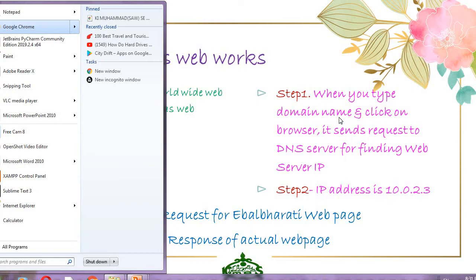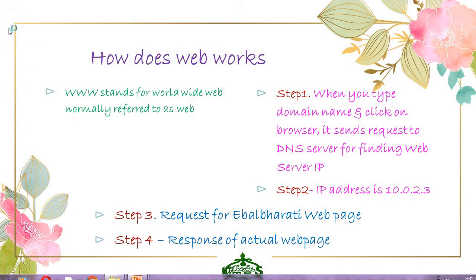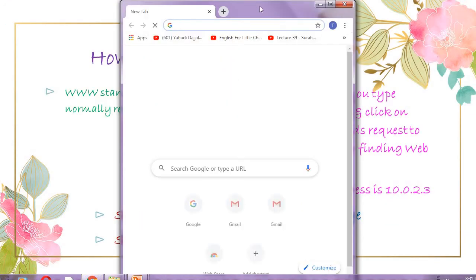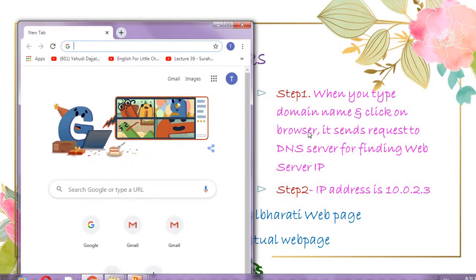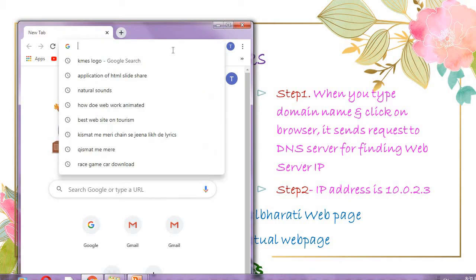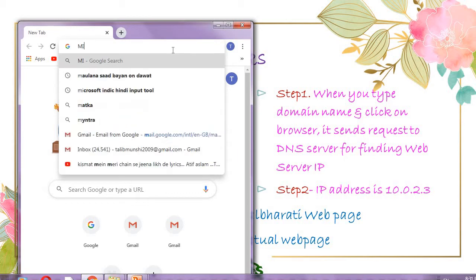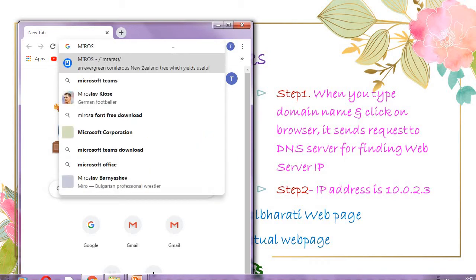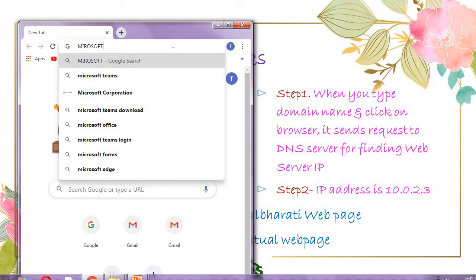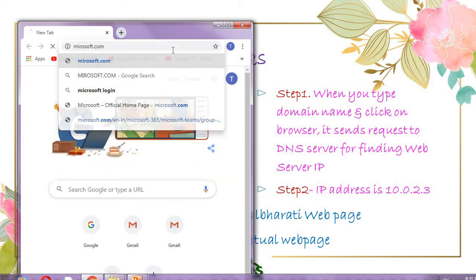When you type a domain name and click on the browser, it sends a request to the DNS server for finding the web server IP. Any domain name, for example, Microsoft.com.